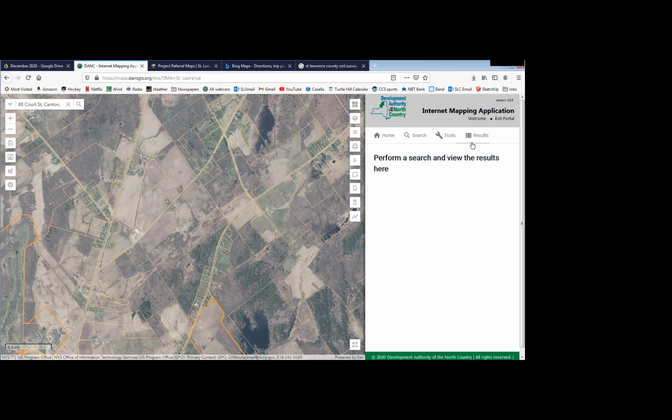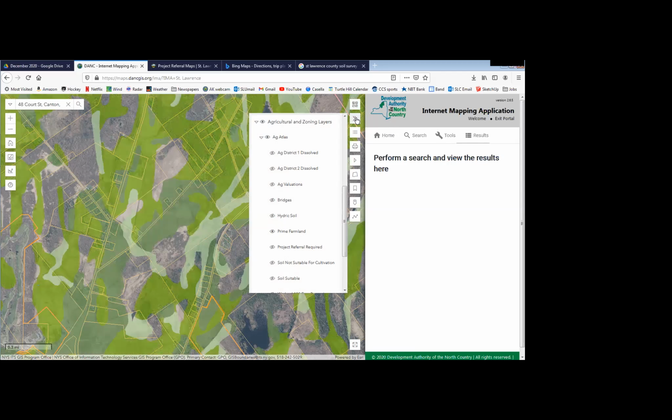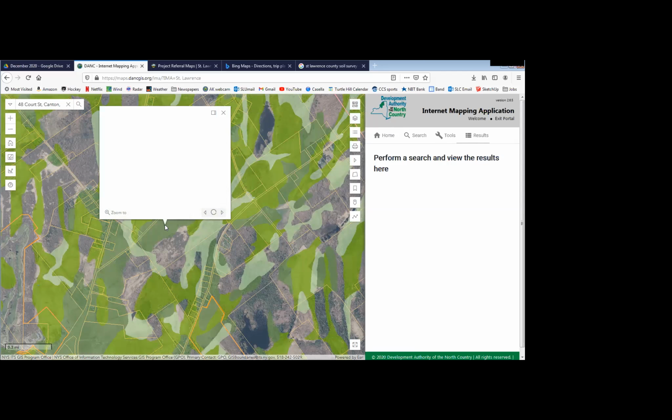And here's what we're going to do. Here in the aerial imagery, I'm going to go back to the Ag Atlas. I'm going to turn on the prime farmland description. And we're going to take a look at, let's say, this dark green blob here. And it tells me that we have Kalura soils here, KAB. I'm going to copy that,